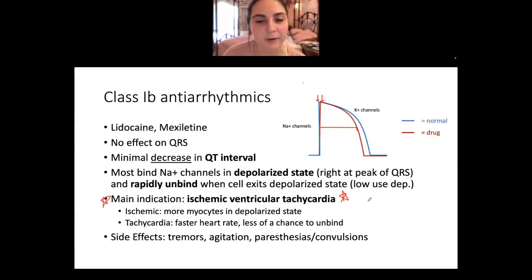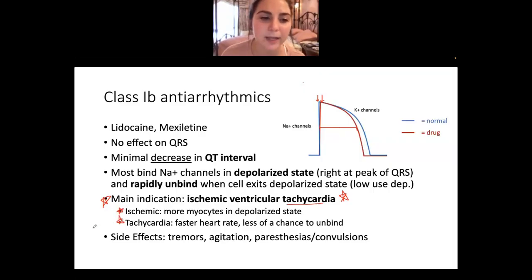I even asked my brother, because he's an ICU nurse, do you give lidocaine or mexiletine for anything else? And he's like, no, you really only give it for a patient that just had an MI and now they're having a ventricular tachycardia. So again, there's still a tachycardia. All the class 1s are good to give for tachycardias. But specifically why we're decreasing the effective refractory period and why we would give this drug is,